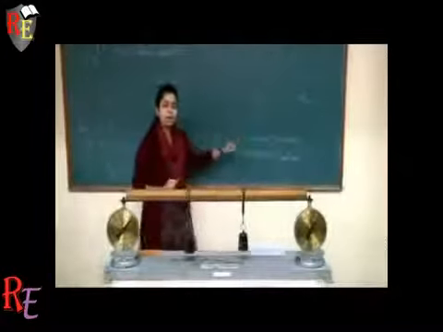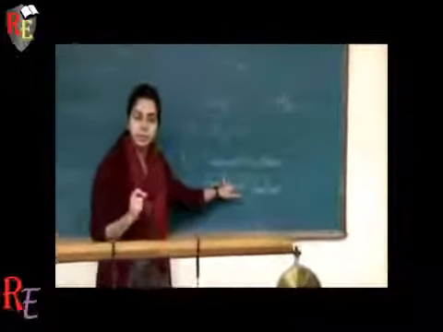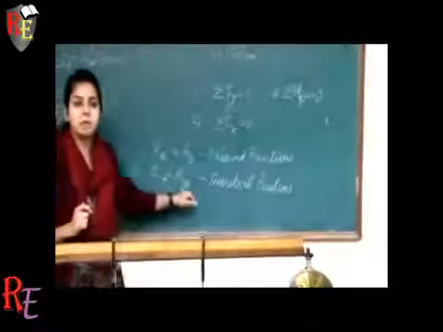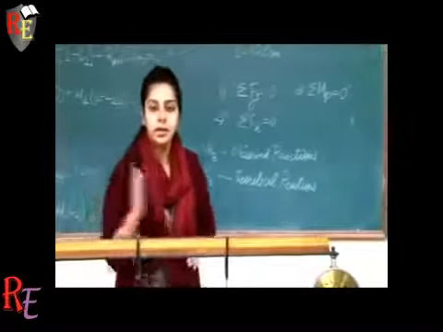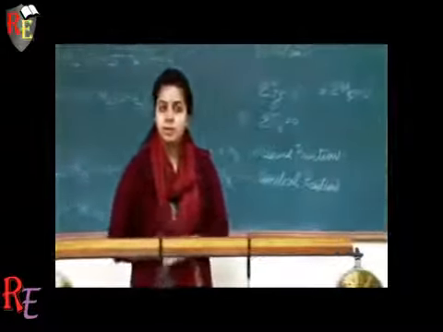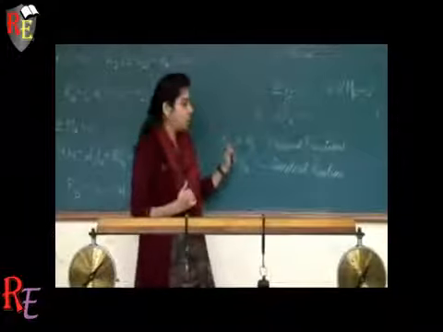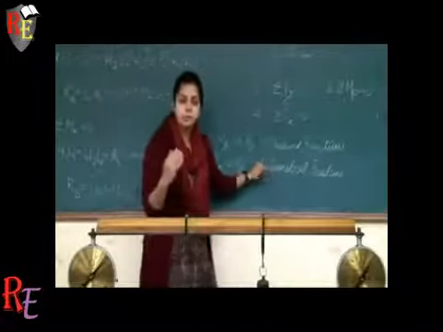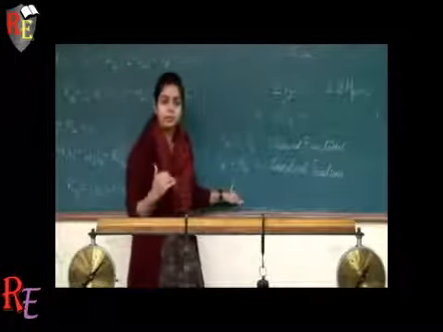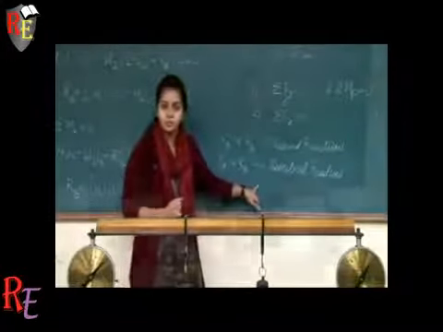Also, RA and RB are the observed reactions at support A and B, and RA dash and RB dash are the theoretical reactions at support A and B. So the main purpose of your experiment is to observe and experimentally obtain different values of RA and RB, and meanwhile find the error from the theoretical reactions RA dash and RB dash.